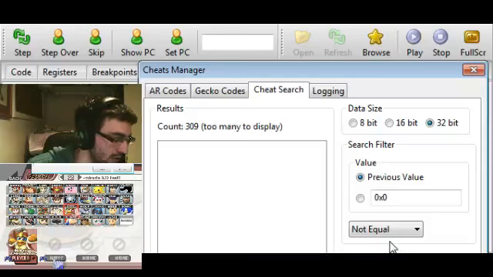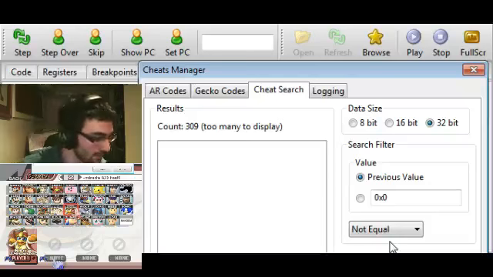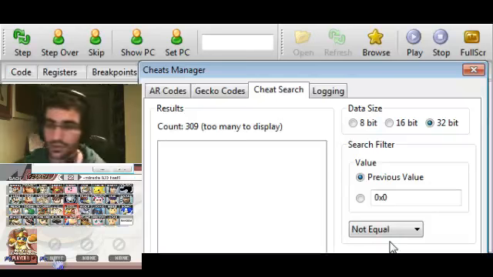Goomba Patrol asked, does step mean frame advance? Step is not frame advance. Step is stepping through one line of code, and that's used for going through the game's assembly code, which we'll do later. So anyway, I'm